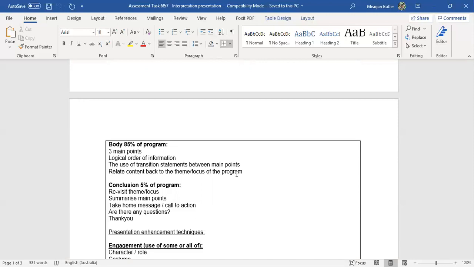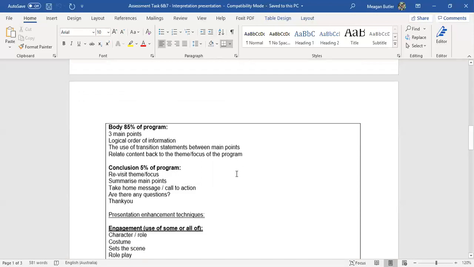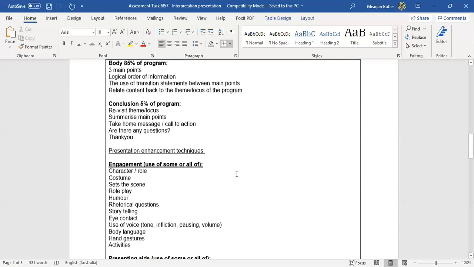Let's go have a look for it. That was a pretty average example, but that's what a transition statement is. So you're leading. You're not just jumping into your third point. I want you to lead us in with a transition statement. And you'll do that for your 3 points, and then you'll move into your conclusion.